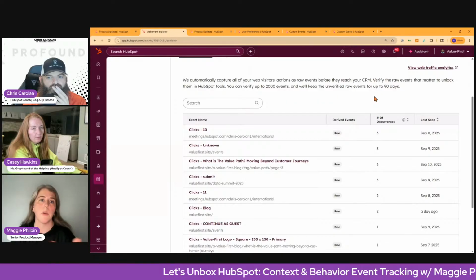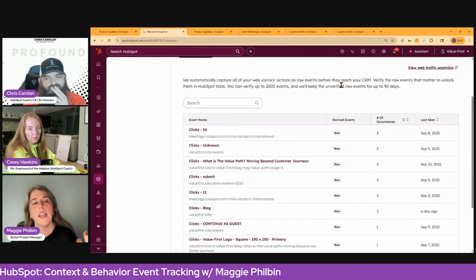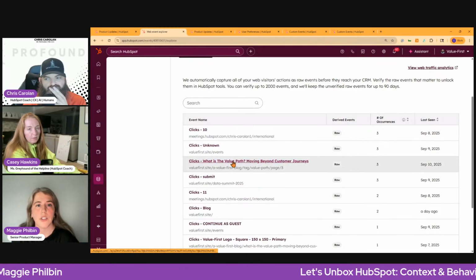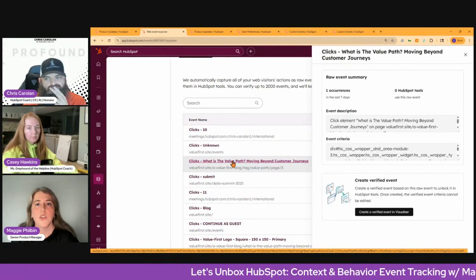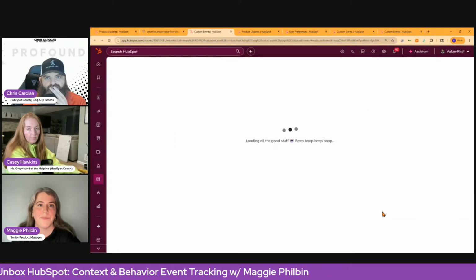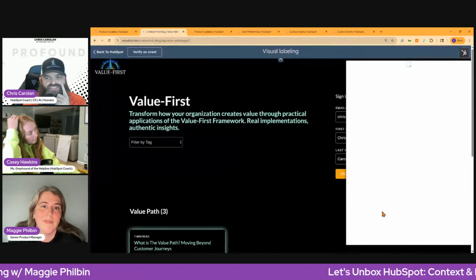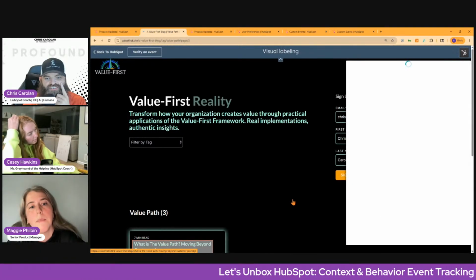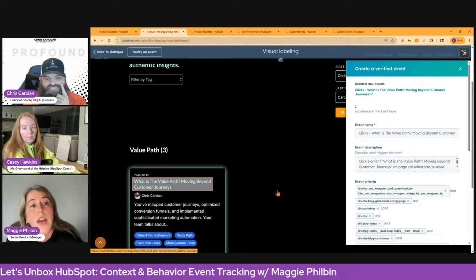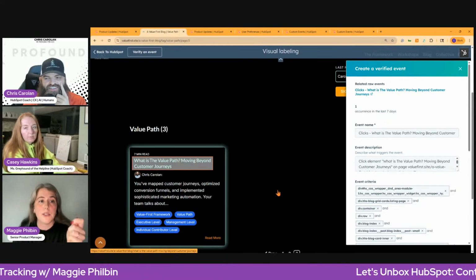You can then take a look at them. You can click into one of them and we guess a name based on what we can tell from your website. But then you can click into one and hit verify. It's going to load your website and highlight what was actually clicked. Nice. Yeah. So if you hit verify, it's going to load the visualizer here. Loading all the good stuff. There we go. So now it's loaded your website and you can see, do you see in that bottom right corner how we've highlighted something for you? Yep. So that's what was actually clicked. This experience loads your website within HubSpot and tells you what was actually clicked on.